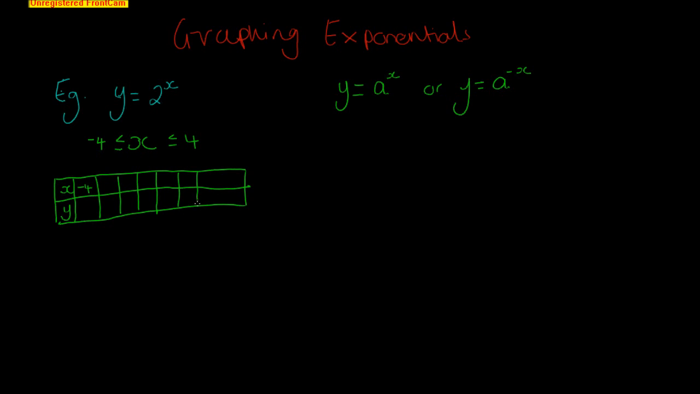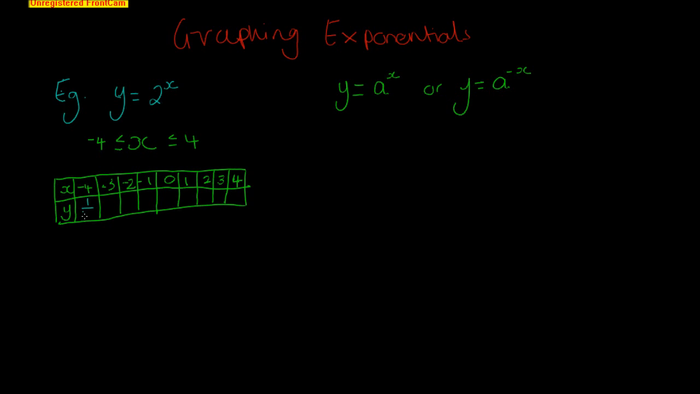So we just plug that into our calculator. So we've got negative 4, negative 3, negative 2, negative 1, 0, 1, 2, 3, and 4. So we'll go to 4, there we go. Now once we've put these into our calculator, we get y is equal to